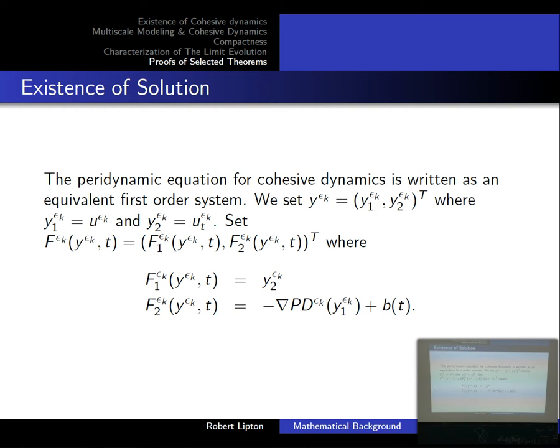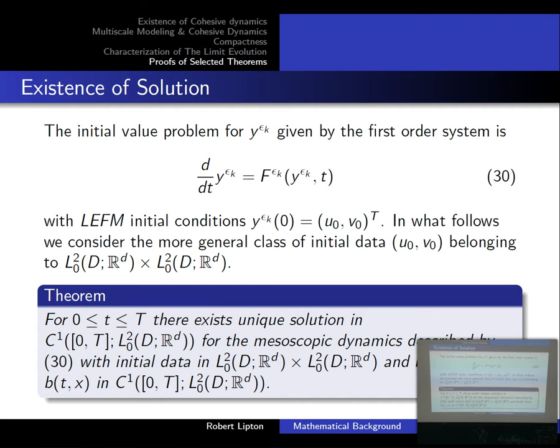And then we set this vector valued function of the vector at each time t to be given by these two components, where the first component is simply y2, and the second component is the peridynamic force acting on the deformation y1, plus the body force. So we turn it into a system,